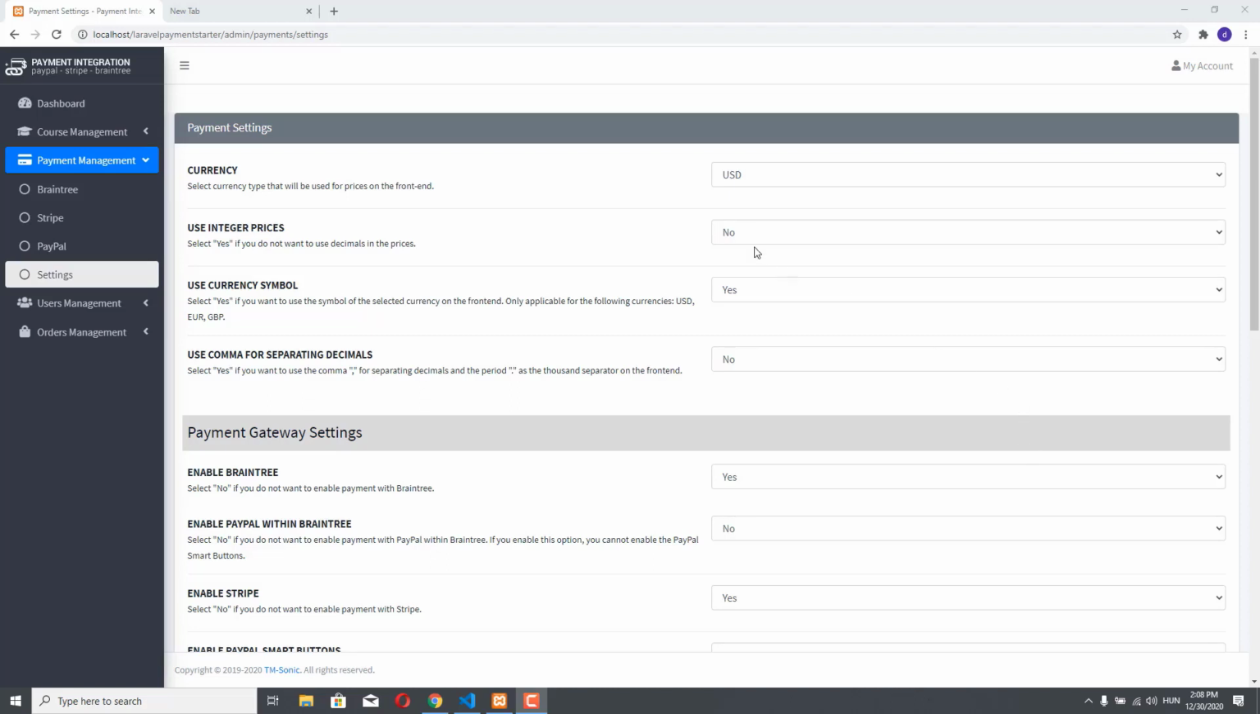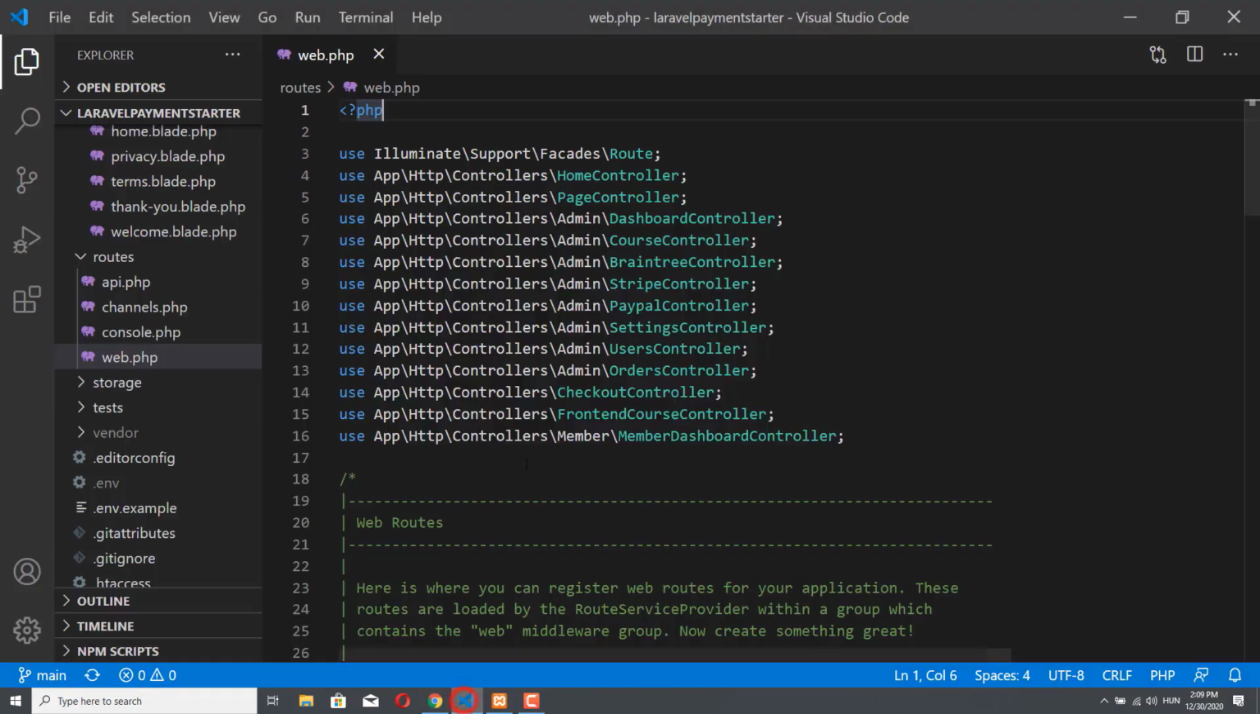Now we are going to look at the payment settings in the admin. So I'm going to refresh, and you see that these are the payment settings, or the settings under the payment management in our admin. Let's check what happens when we hit this admin/payments/settings URL. So let's check our web.php file and let's search for